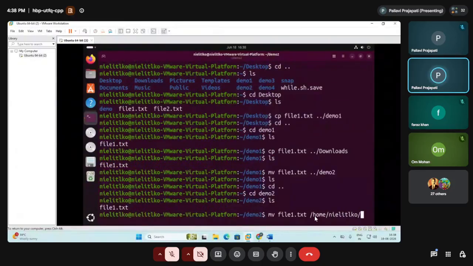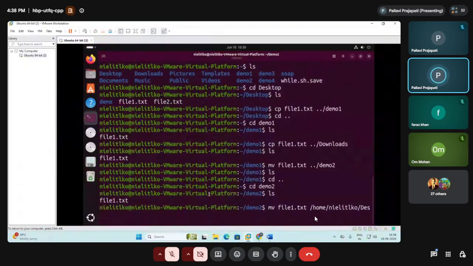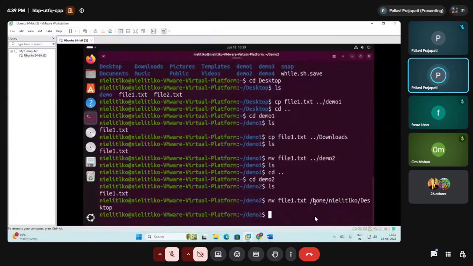And now I am providing that I am moving this file to desktop. So this is called absolute path, and what I was doing earlier is the relative path. And if you want to see in the desktop, that